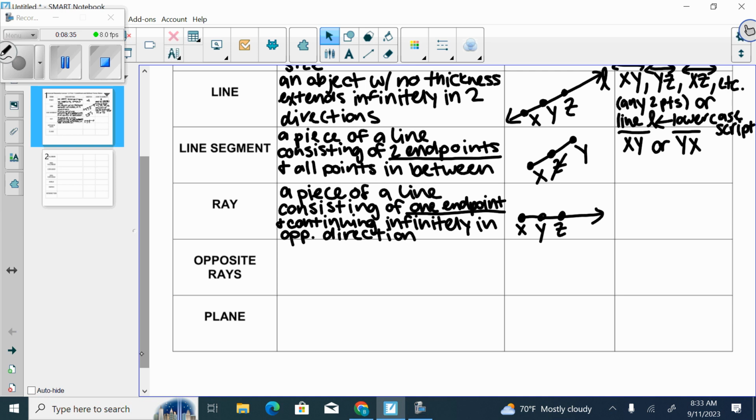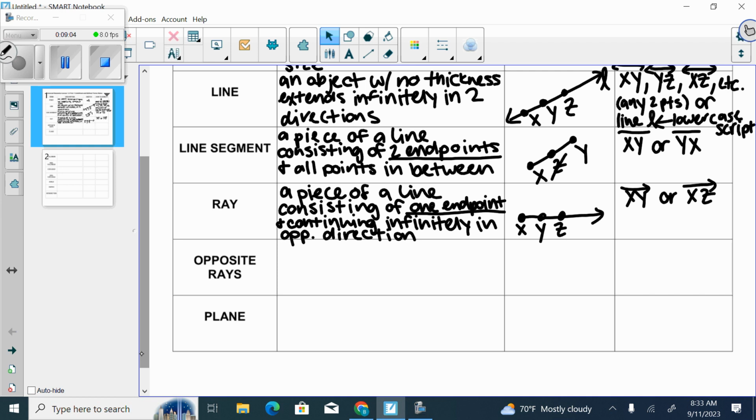Here, the way we name a ray is that, again, we pick 2 points, right? But the first point always has to be your endpoint. So for us, that would be X. So I could name it XY, or I could name it XZ. But the X has to be listed first, and then we put that symbol above it with an arrow